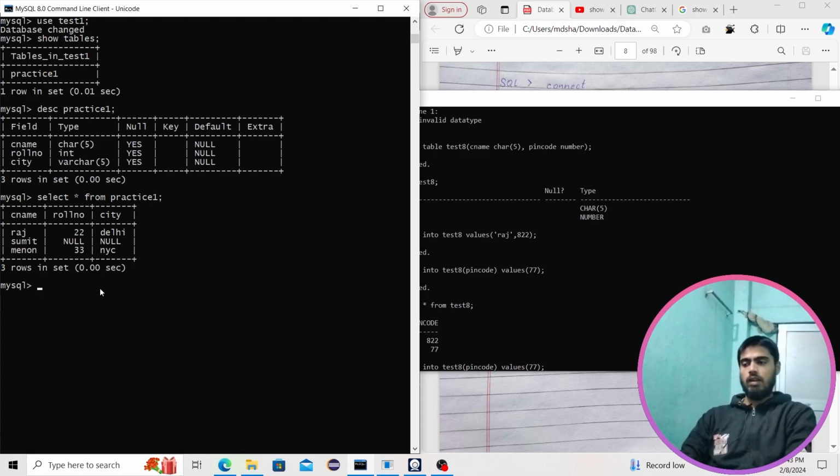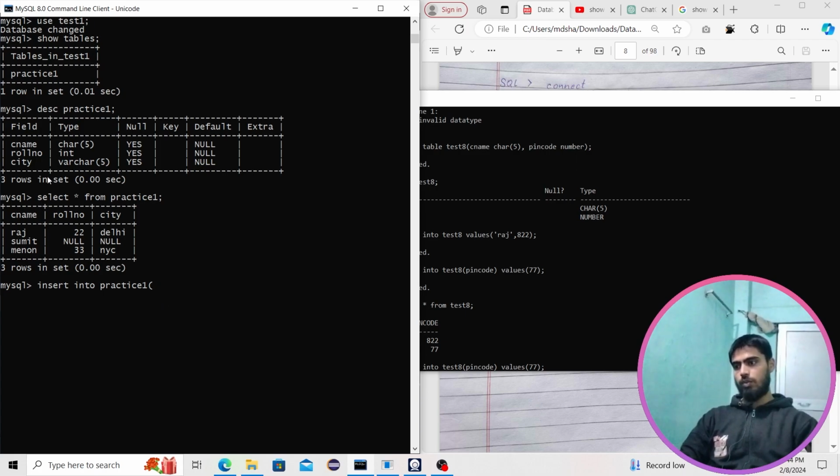To provide data in bulk, we have the query insert into, and the table name, which is practice 1, and then we are going to open a bracket